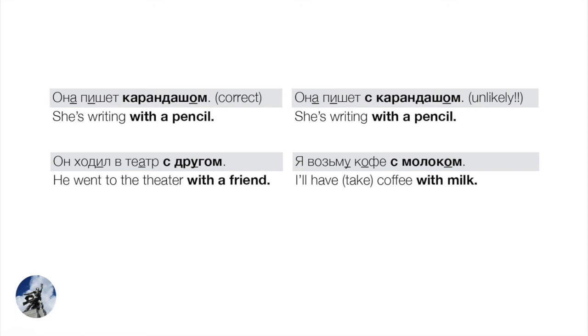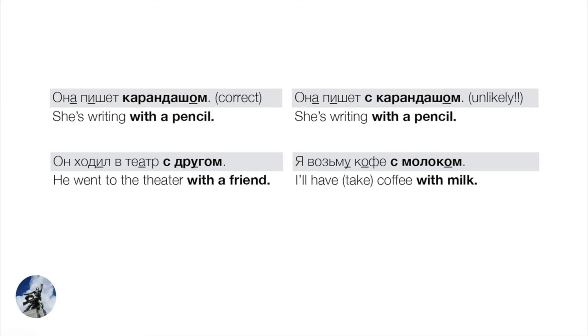Why on earth would you say something like that? Okay, so usually in Russian, if we use с, it's going to be with a person, right? Something we're doing with a person, like он ходил в театр с другом, right? Well, again, you're not using your друг as an instrument or as a vehicle or something. I often joke that if you say он ходил в театр другом, if you make that mistake, well, first of